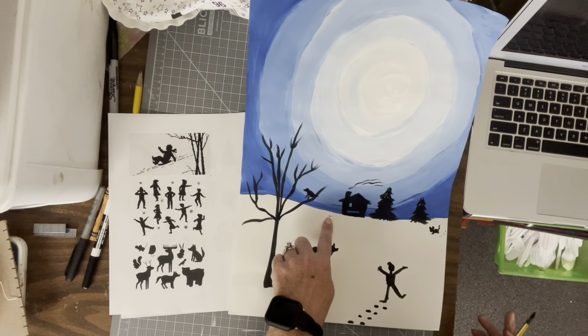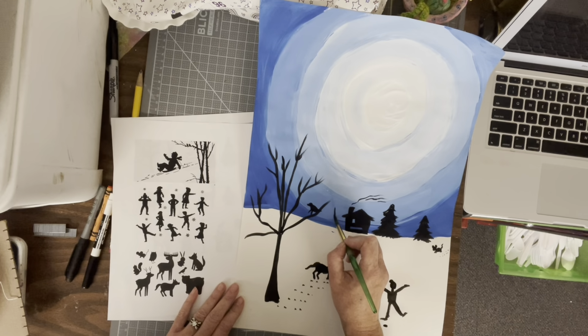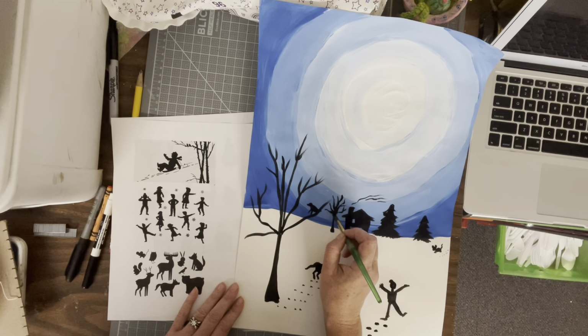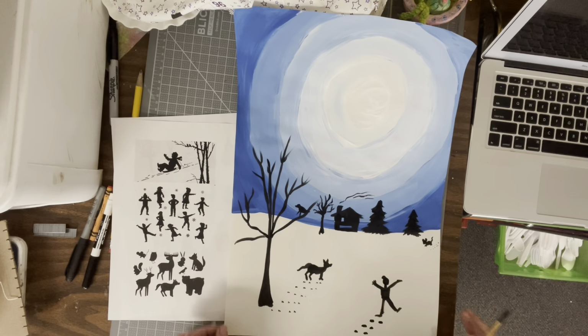I do have one more little smear of paint that I had. So what could I turn that into? Maybe I'll have a smaller tree right here that's far away. So it's really tiny. I need to get a little more paint. And so you're just taking your black and deciding what would you like in your snow scene. And you're going to be drawing these black shadow silhouettes, just the outline without the detail. All right, I'm thinking that I am very satisfied with this, so I'm ready to go ahead and add the